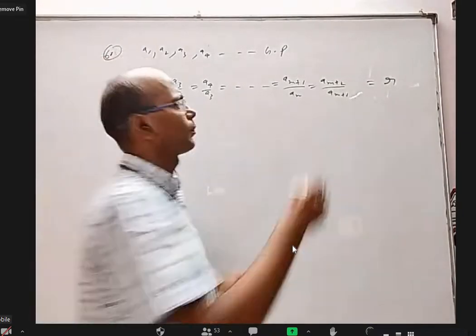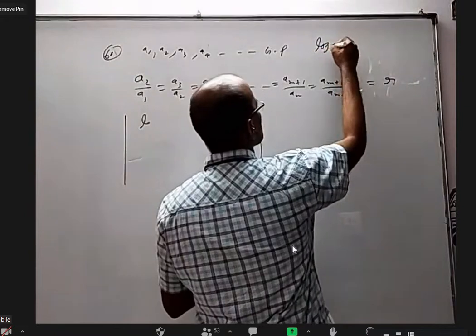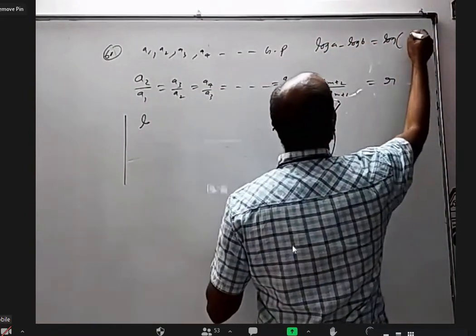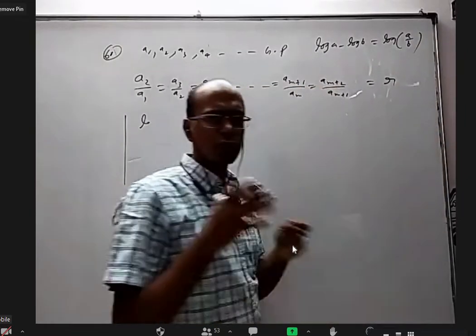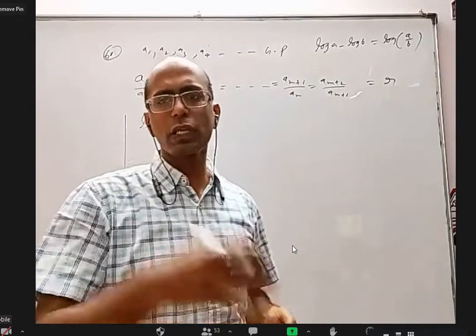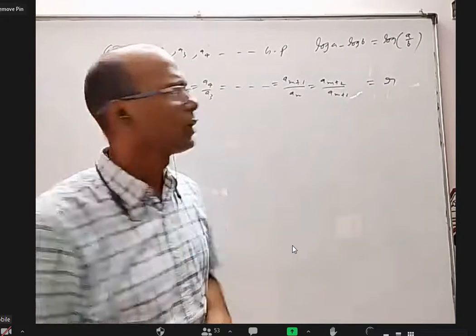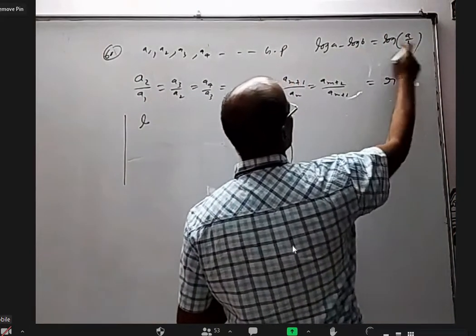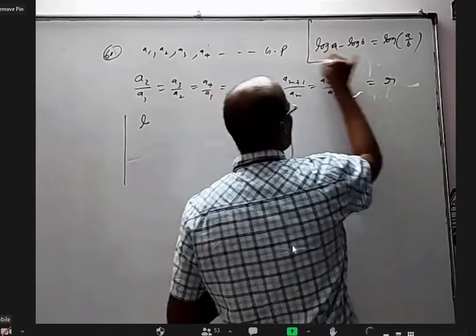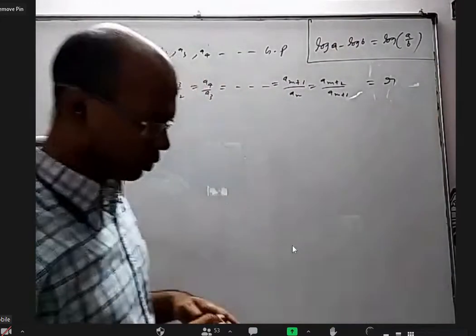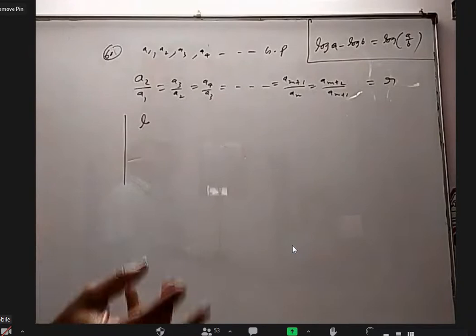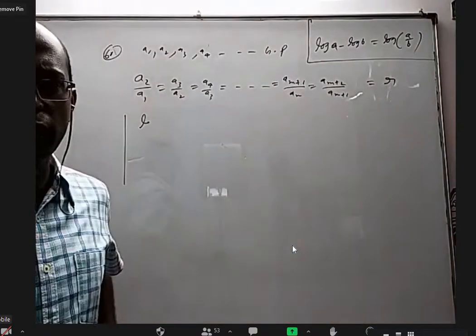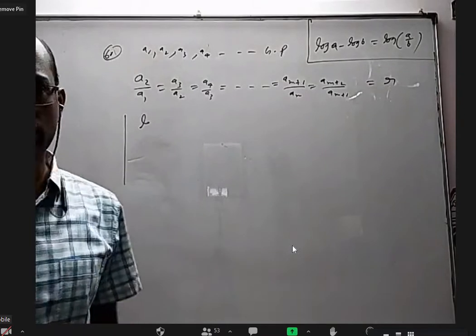Anyway, log A minus log B is equal to log of A by B. Like the other day we used log of A into B is log A plus log B. We have a formula, log A minus log B is log of A by B. I'll be using these things. So those who don't know logarithms, don't worry about the few questions where logarithm is involved. As long as you understand the determinants part, logarithms can always be learnt, not a big issue.